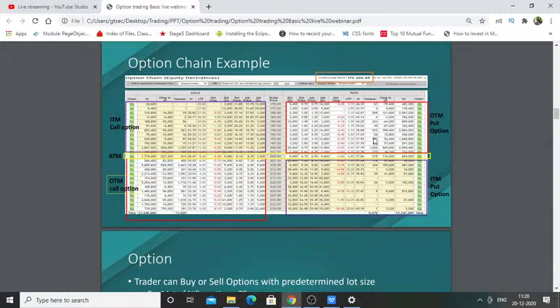And if you look at the right side, these are all strike prices trading below the underlying stock, and this is a put option. So this is an OTM put option, an out the money put option. And if you look at the downside on the left hand side, this is an OTM call option, which means the strike price is trading above the current stock price. So these are all out the money call options.